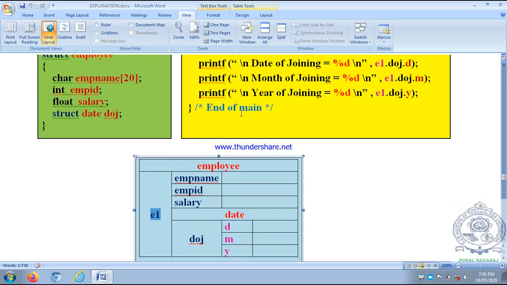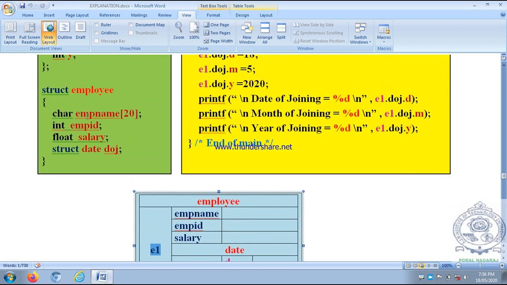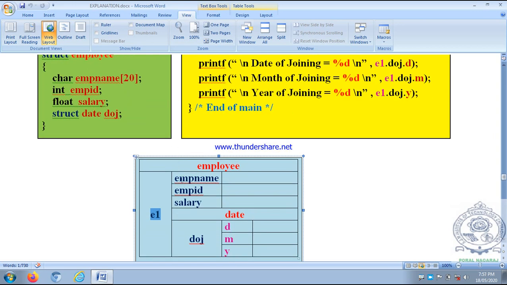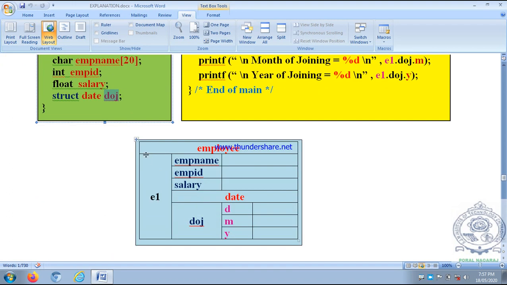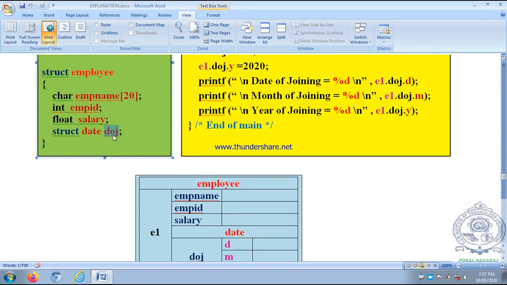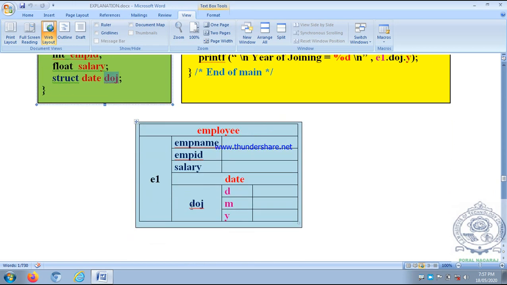So what is employee? Employee is a structure containing four fields: employee name and so on. DOJ is a structure of type date. So how many fields does date contain? Three fields: D, M, Y. So DOJ is a structure variable of date data type.